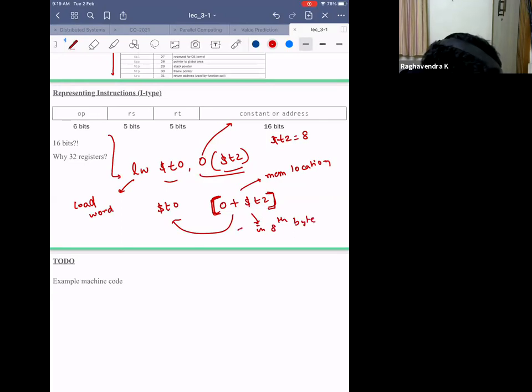This bracket means whatever is there at that address. So I'm going to the memory, that is load word, because the way to access the memory is using stores and loads. An add instruction cannot access the memory directly. So I can access the memory using load word and store word. This instruction will be given to that girl, and she will actually go and fetch from the memory and give it back to you. So this is 0 plus T2. I add this, I go to the 8th byte, get that, and I store it in T0.